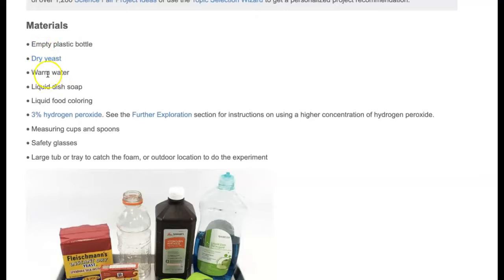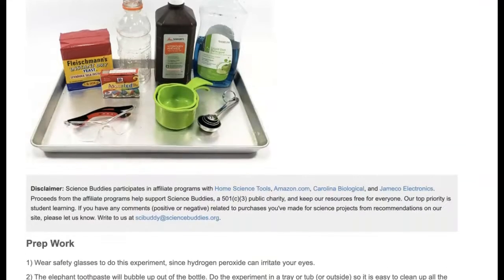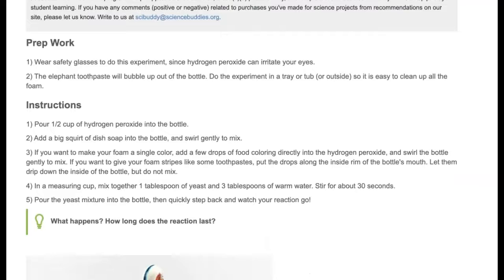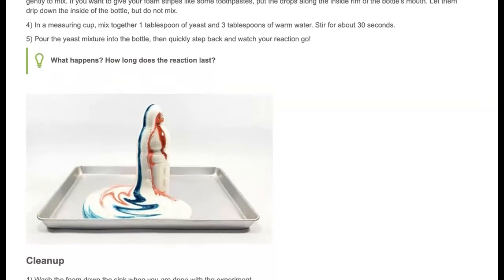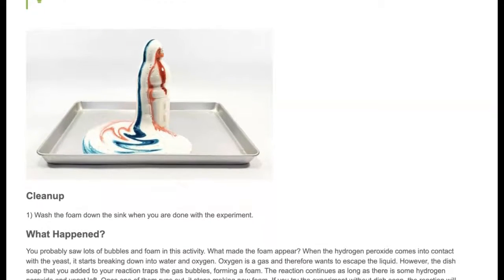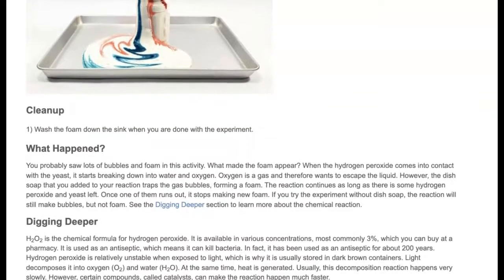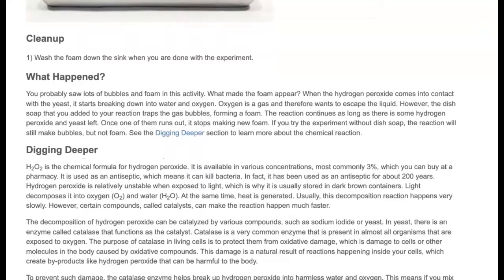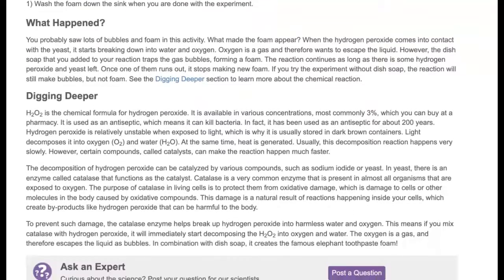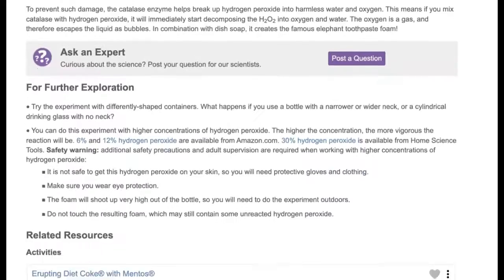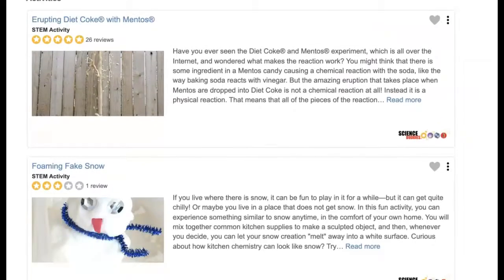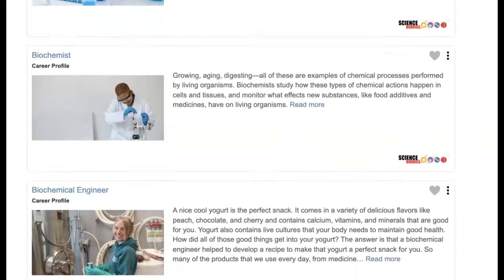And if I scroll down on this Science Buddies page, I can see the materials, and I can see that the materials that I have, I can easily get it, or my science teacher can easily get it. And here are the instructions. All right, so as I am reading it, I can look into what can I change with this investigation. So if I scroll down,